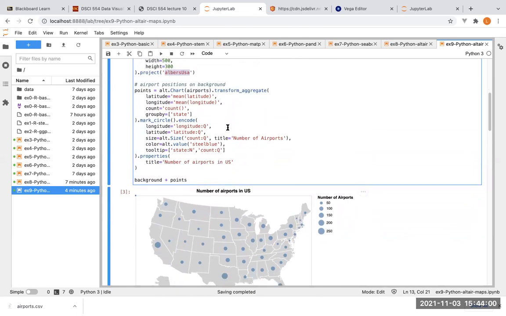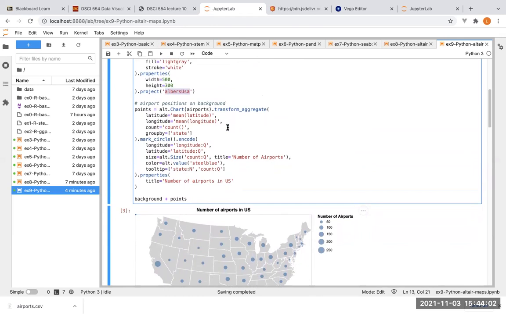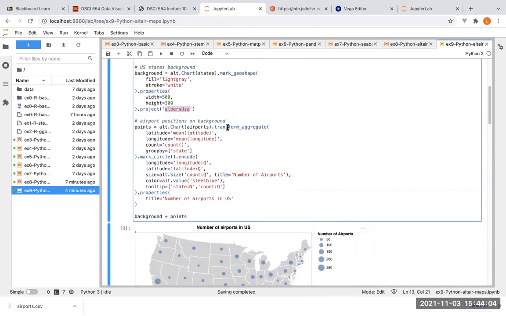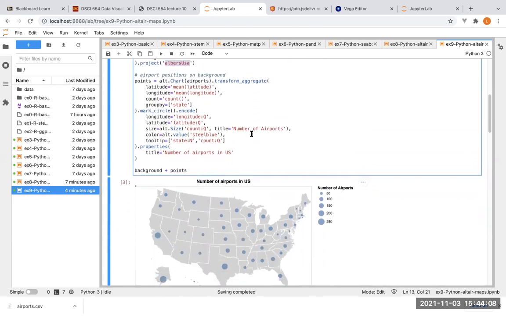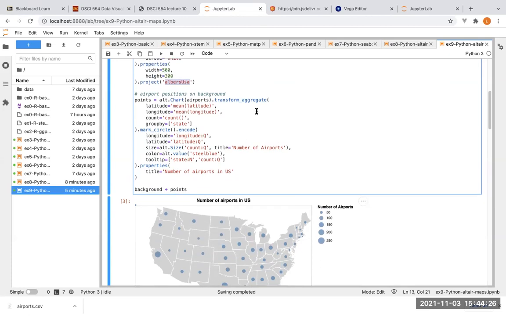Okay. So here the last thing that we're doing is dealing with the airports data. And as you can see, we don't want to put every individual airport here, but we want to get an aggregate. So you could do this with a data frame and just then do a proportional symbol once you've computed the aggregate, but